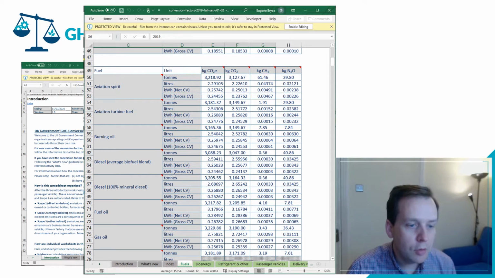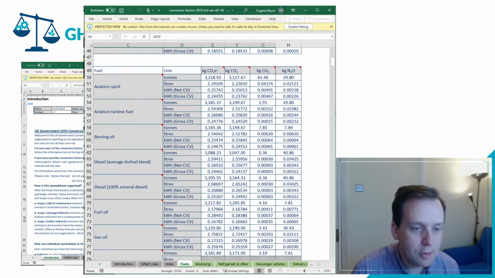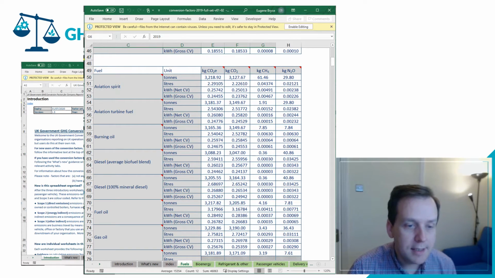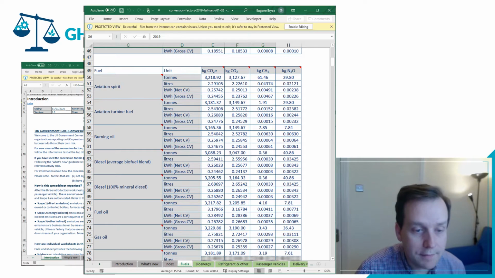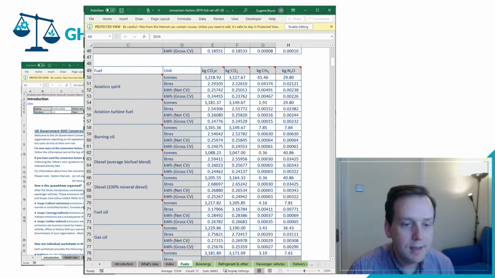So if you're a business and you use diesel 100%, you can measure it in tons, litres, kilowatt hours, net CV or gross calorific value, net calorific value. And effectively, if you are using 1 ton of diesel, that is equivalent to 3,205.55 kilograms of